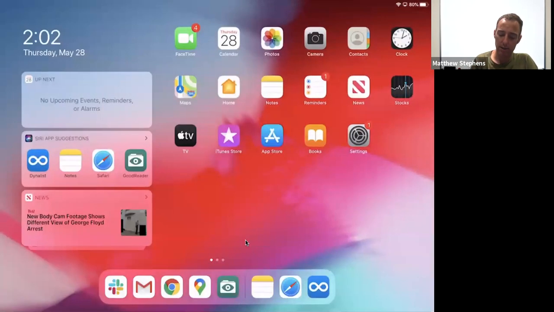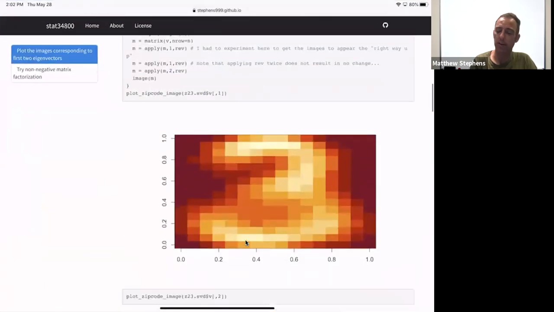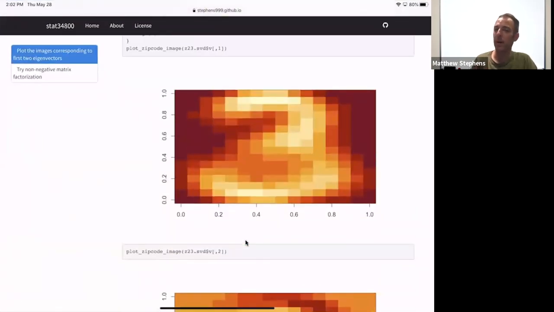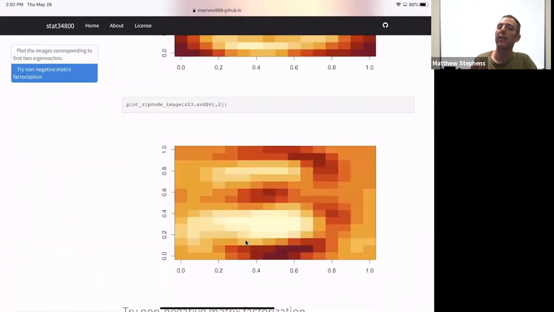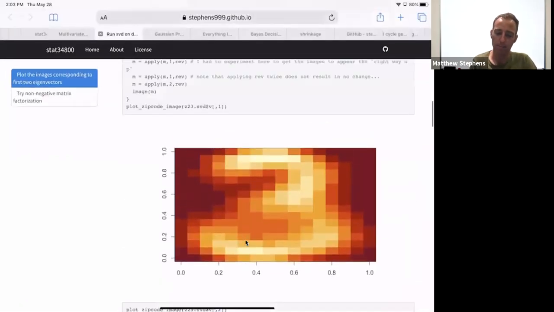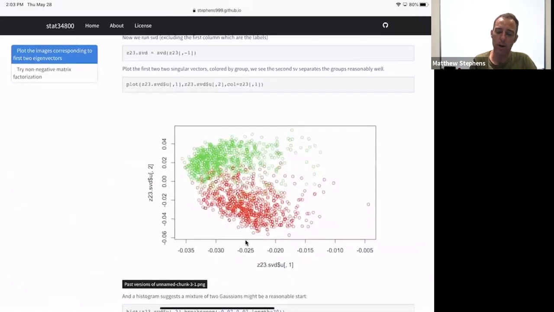So that is what's going on here, is that the first image, although it might be a bit hard to see, is an average of all the 2s and 3s, and this is a difference between the average 2 and the average 3. So you can see some kind of shape to it, but it's a little hard to interpret, right? And that's why the 3s, I guess, have the positive loading on the difference versus the negative loading on the difference. So that's coming from